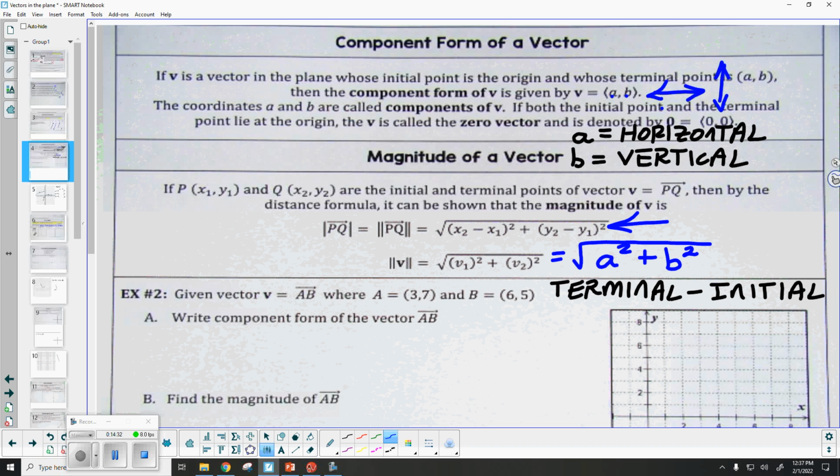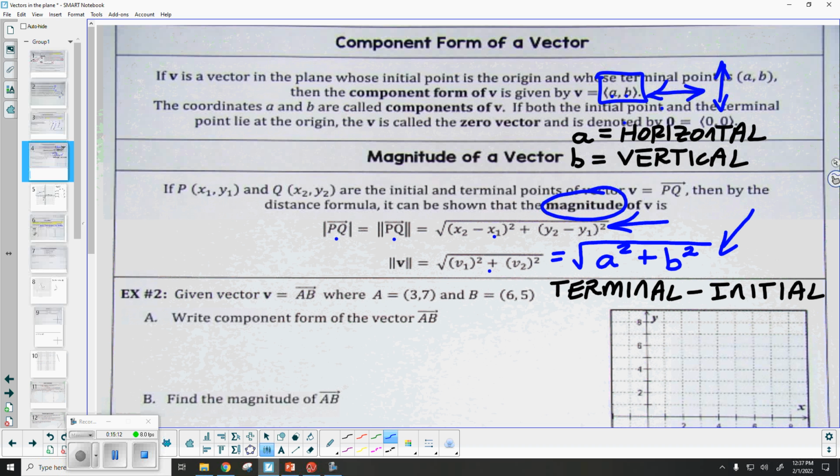Now, what does this notation mean right here if I have the double bars? Remember, that's magnitude. Now, I'm always going to try to use the double bars, but that doesn't mean that if you're given the single bars, we don't still recognize that as magnitude. Either of those notations is acceptable. Now, while we have a couple of different formulas to find the magnitude or length that we're talking about, this is the one that I would recommend you use. I just tried to simplify the whole process. Because if your component form is going to look like this, where you have values of a and b, then to find the magnitude, you'll simply take the square root of a squared plus b squared.